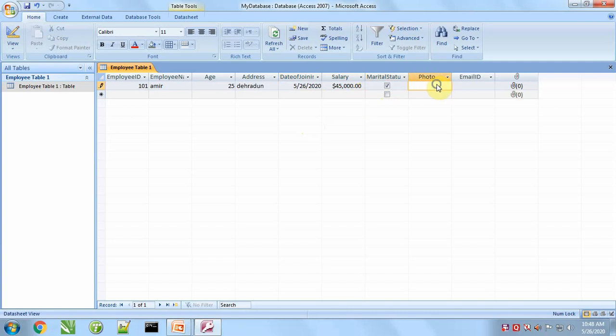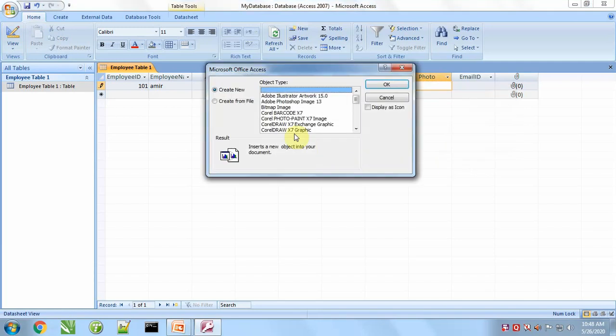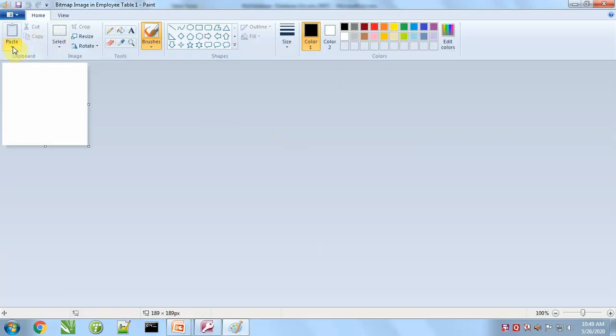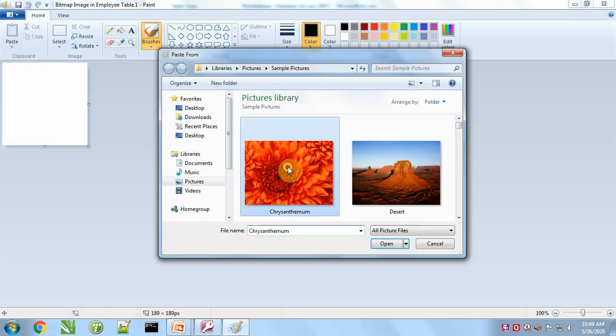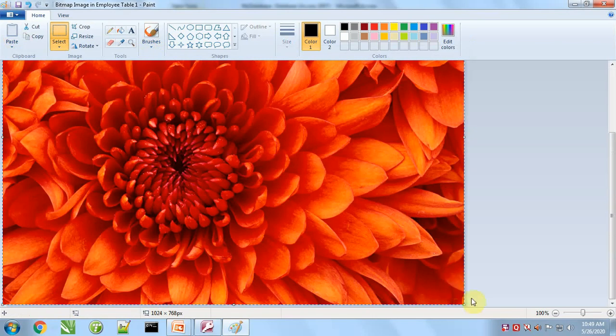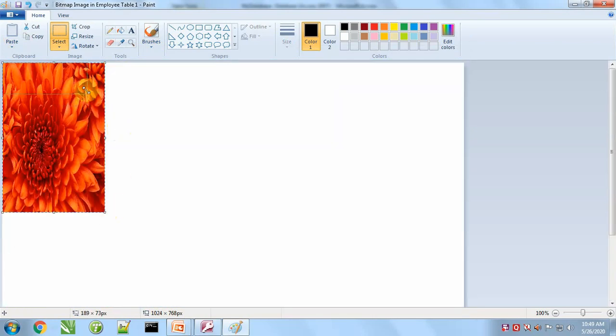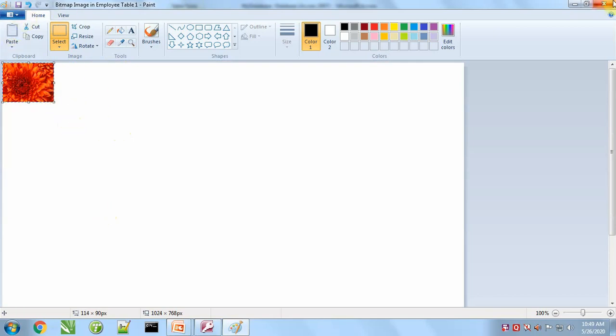For the photo we will right click, insert object, bitmap, OK. Paste from, and resize this picture. And cross.